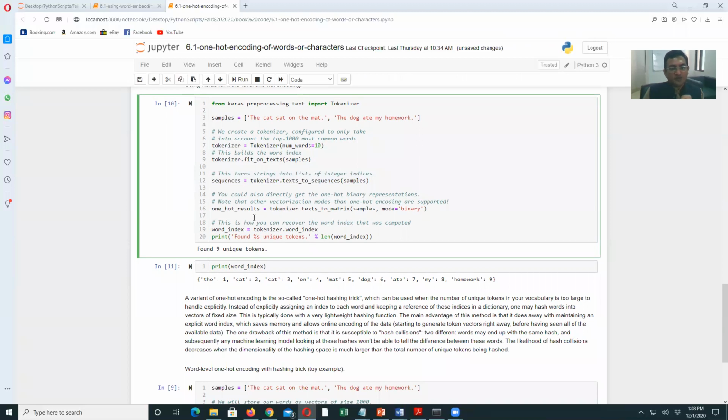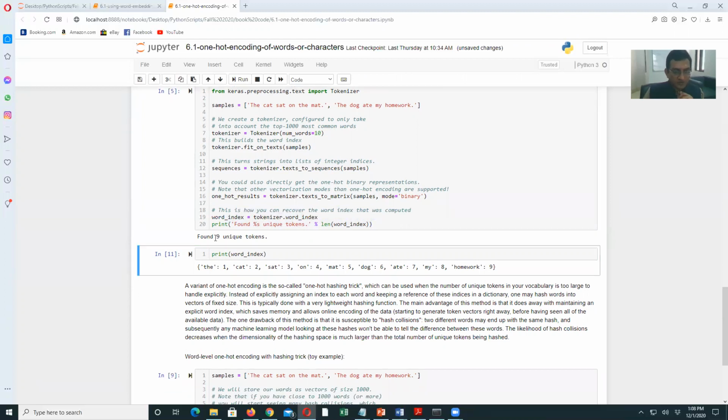And then the one hot results, those results we are storing here, right? So we get the word index here, and then the sequences that we have will be displayed here. So I run this program, and you can see we got 9 unique tokens here, because the is considered the same word. And when I print the word index, you can see again it is the same. The one that we did manually, now it has been done